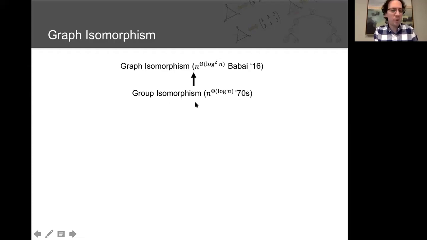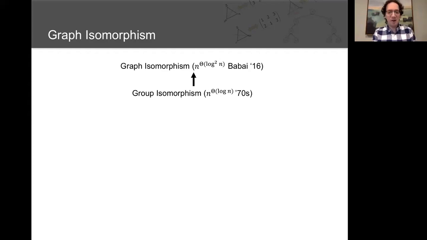In particular, if you think graph isomorphism is in P, you first have to put group isomorphism in P, but we don't know that. N to the log n is the best we know for group isomorphism. Okay, and I've done quite a bit of work in this area, and to show you where that work sits and also how tensors arise in this, I just want to tell you a tiny bit about how